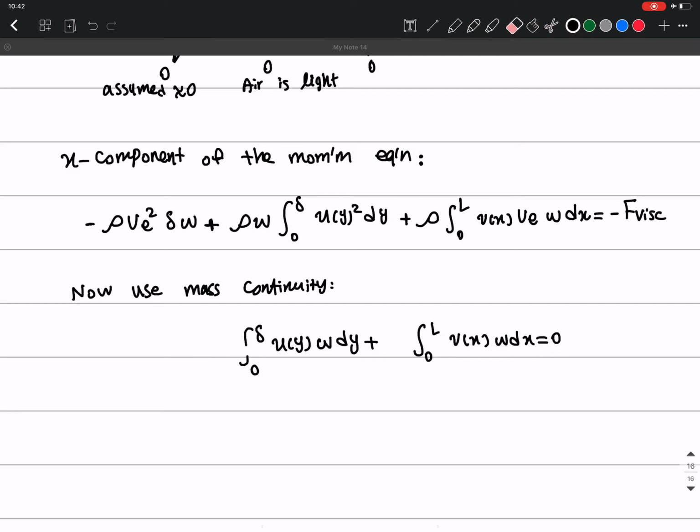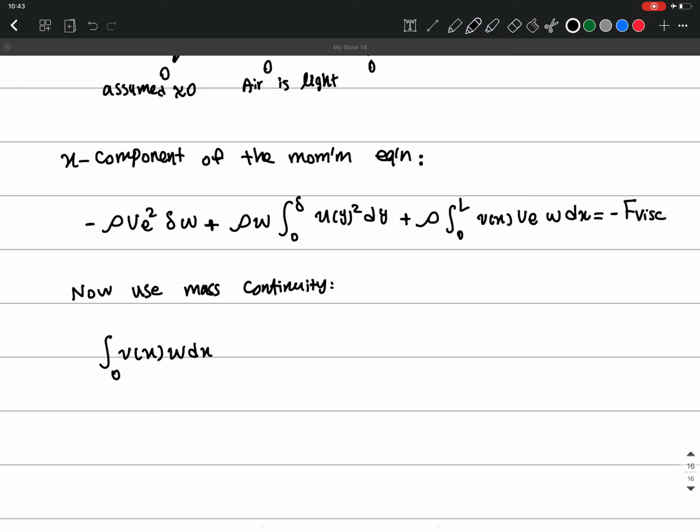So the terms that I have here are this. I want to write something based on Vx W dx, to get rid of this term, or have a substitution for this term, because I don't know what Vx W dx is. So I have it here from the momentum, from the continuity equation. So I have the integral of Vx W dx from 0 to L